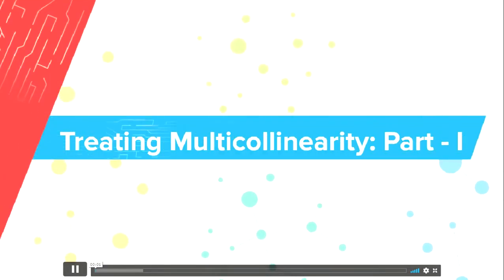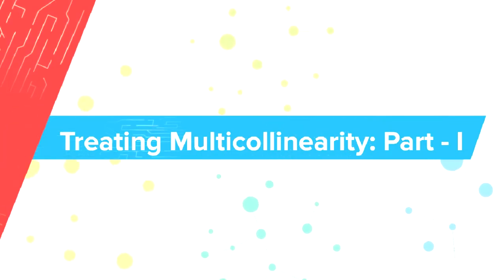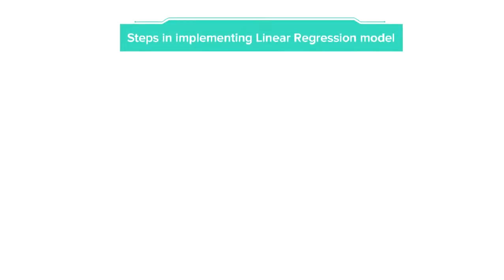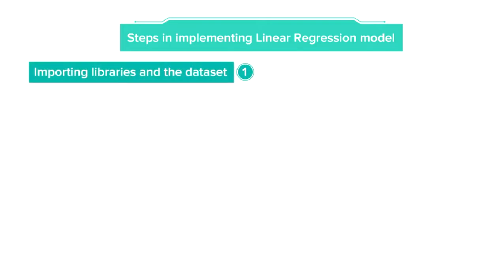Hi, now that we have learned all the theory of linear regression model, now is the time to implement all this knowledge to build our first full-blown linear regression model with multiple independent variables. In this implementation, we will be following these steps: importing libraries and the dataset,